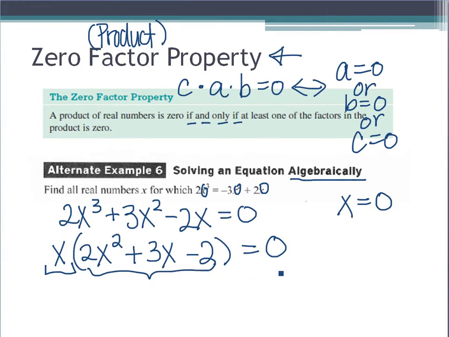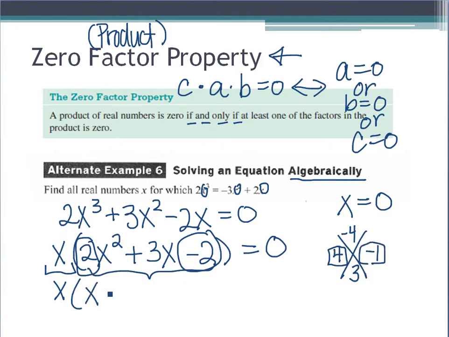We can check to see if it's factorable. We need two numbers that multiply to make negative 4. Remember there's an a, so I multiply a times c, and then they add to make 3. And that exists. That's 4 and negative 1. So you may remember various methods from your previous classes on how to factor this. The way that I do it, after I multiply a times c and I find my two numbers,